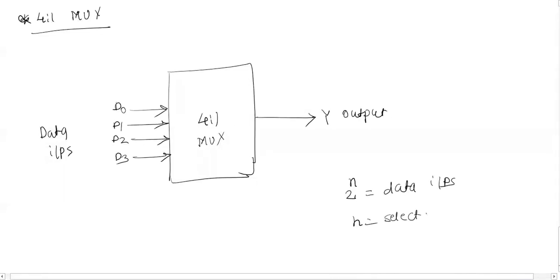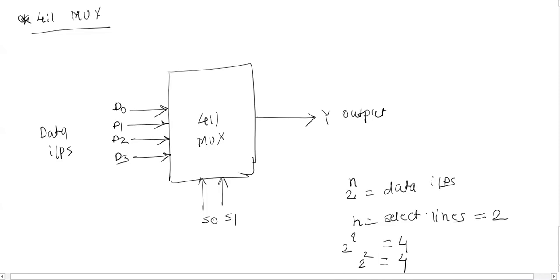Here there are 4 data inputs, so 2 to the power how much will be 4? That is 2^2, which is equal to 4. So the select lines will be 2. Now I have to show here the 2 select lines, S0 and S1.